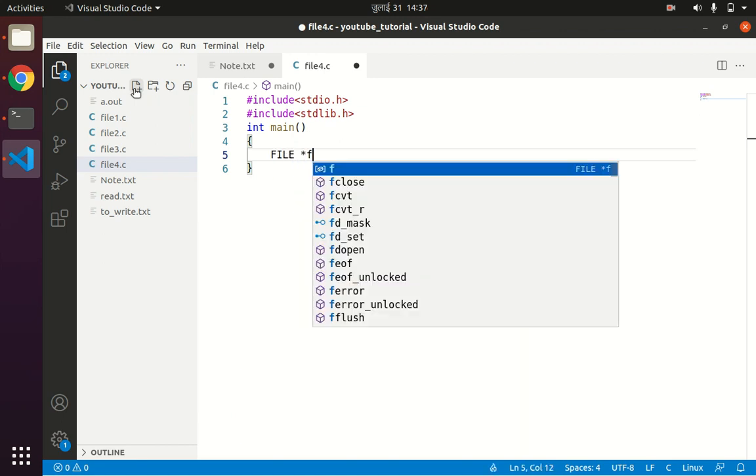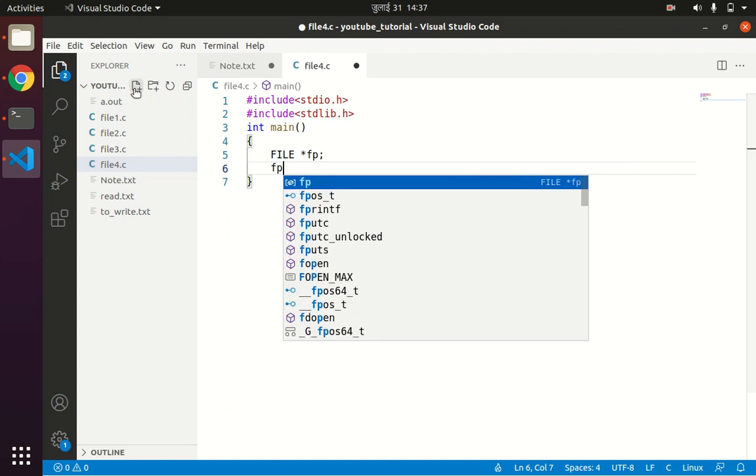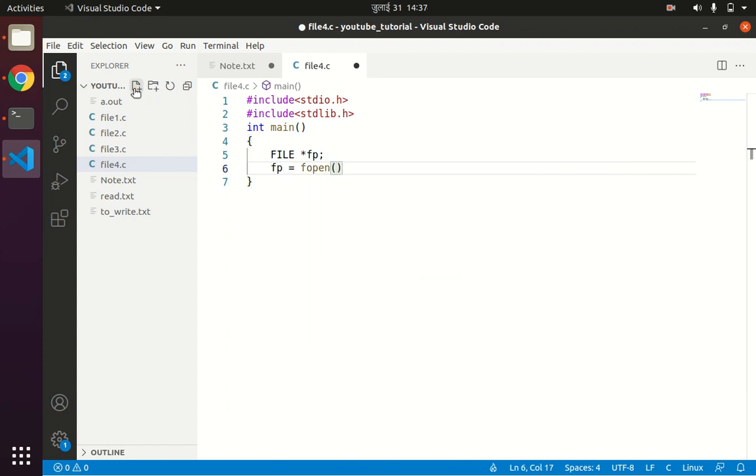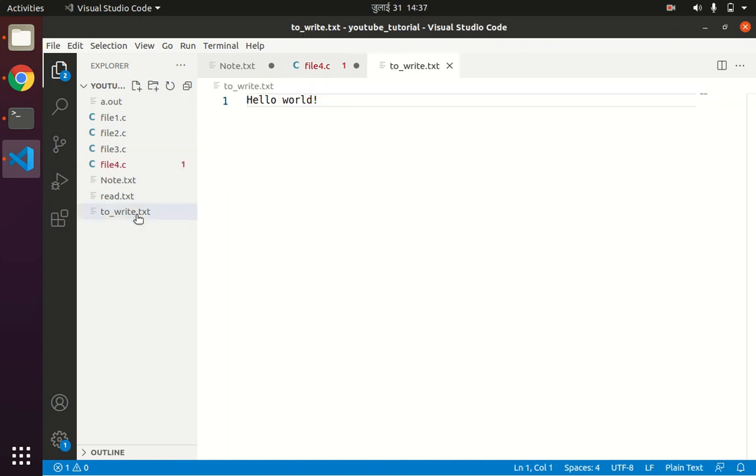FILE *fp equals fopen. Now since we are performing the fputs operation, we have to open the file in write mode. I already have a file called 2write.txt. I'll be opening this file and you can see the content of 2write.txt now is hello world.